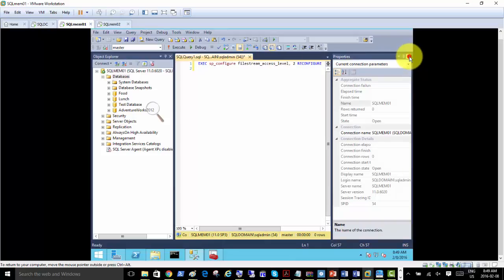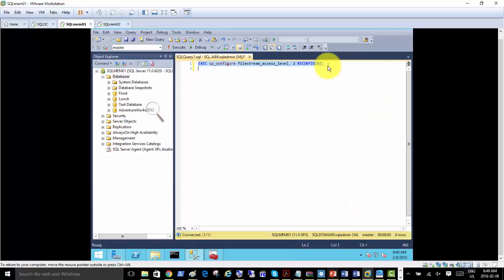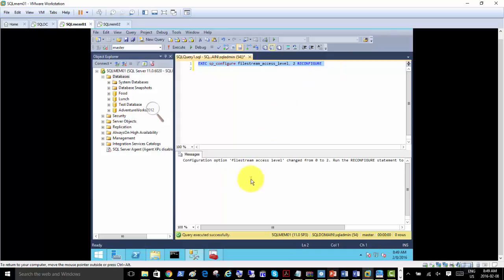Okay, and I'll just close this one. For now, I don't need that. Control A, F5. So configuration option, FileStream access level, change from 0 to 2. Run the reconfigure statement to install. Yeah, let's just without restarting, let's check that